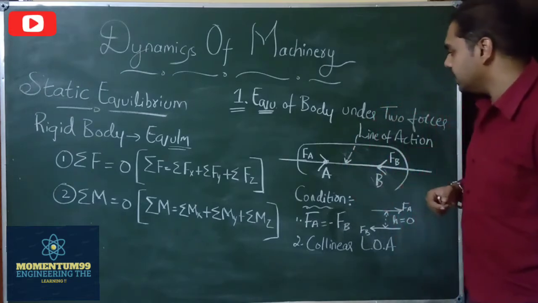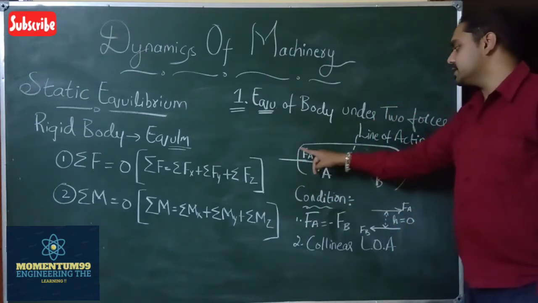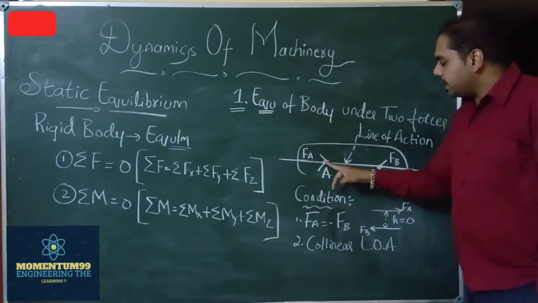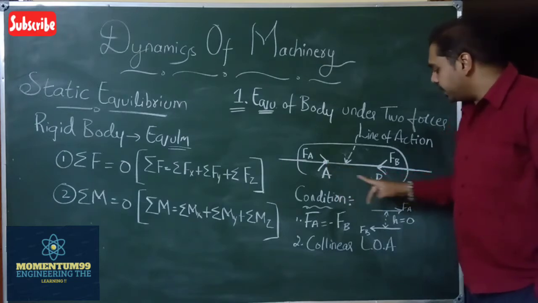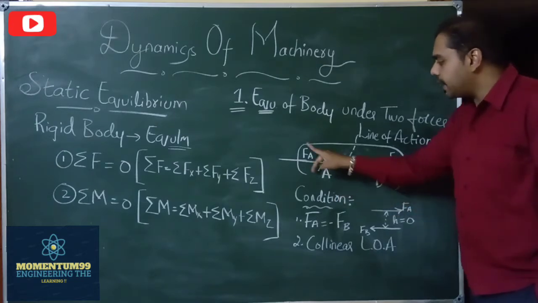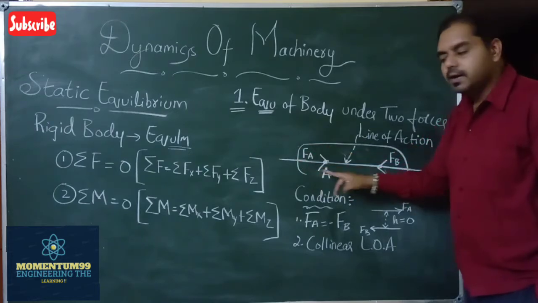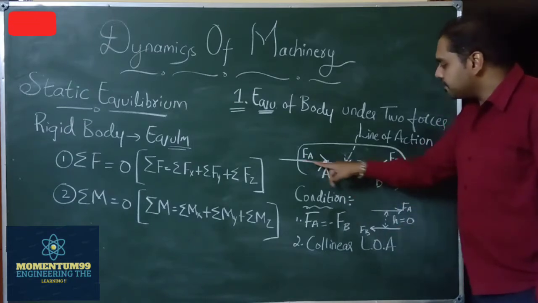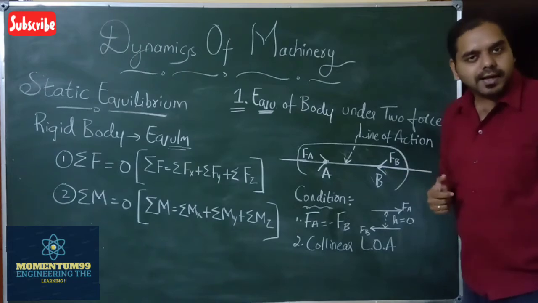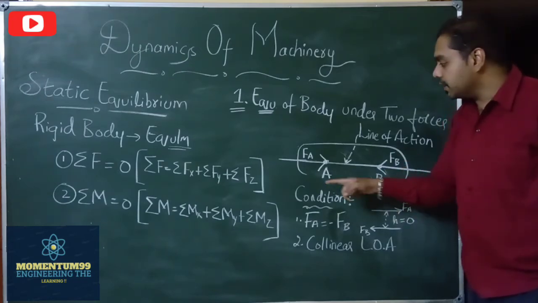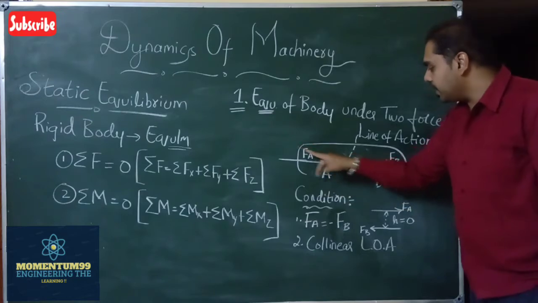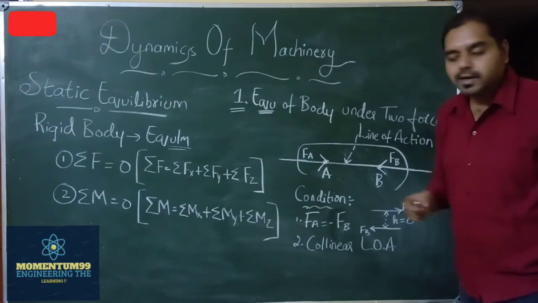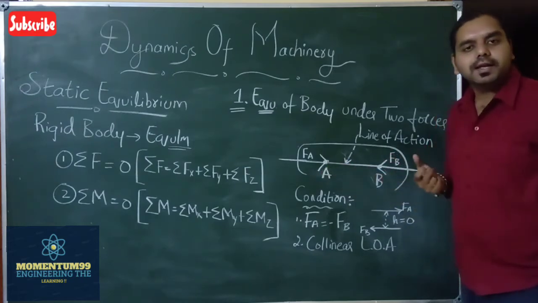Now let's look at this condition with the help of this diagram. Consider the rectangle we are seeing as a body. We have two points here: this is point A and this is point B. At point A, we have a force acting, represented by Fa, and at point B, we have another force represented by Fb. Now, Fa and Fb are acting in opposite directions. The second thing to remember here is that the lines of action of Fa and Fb are on the same straight line. Or else we can say that the forces Fa and Fb are collinear forces.